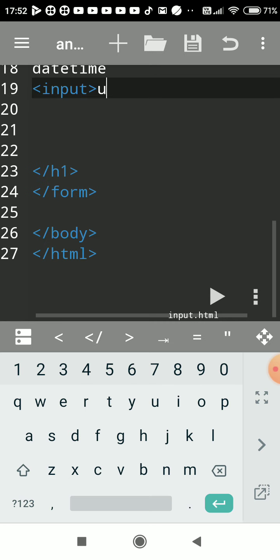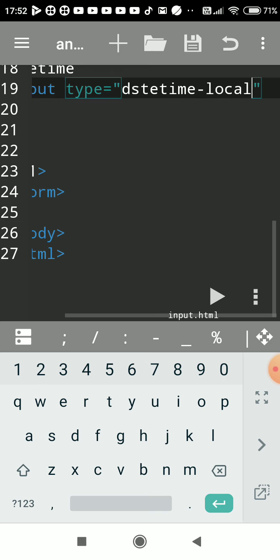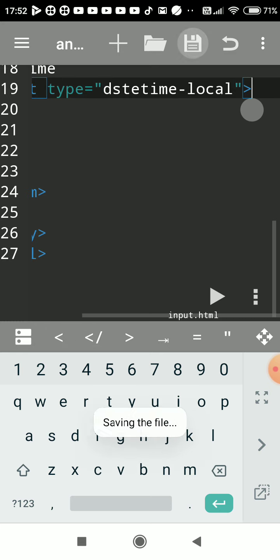Input type is equal to datetime, you have to use a hyphen, local. Close this. Now save and see.